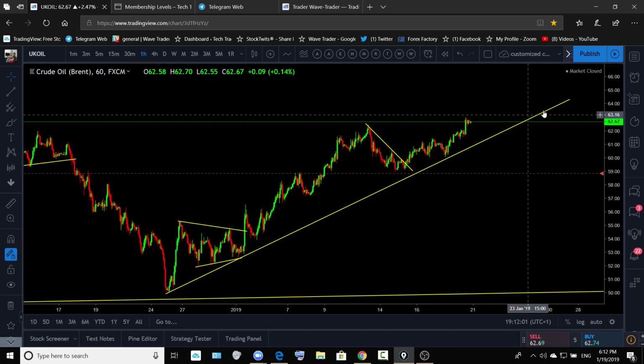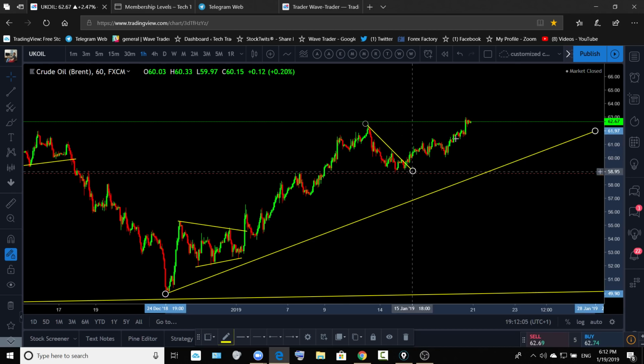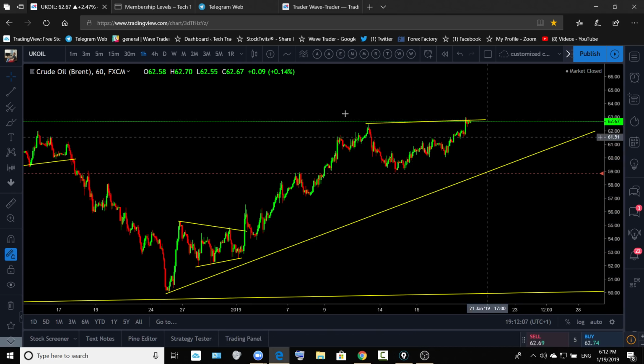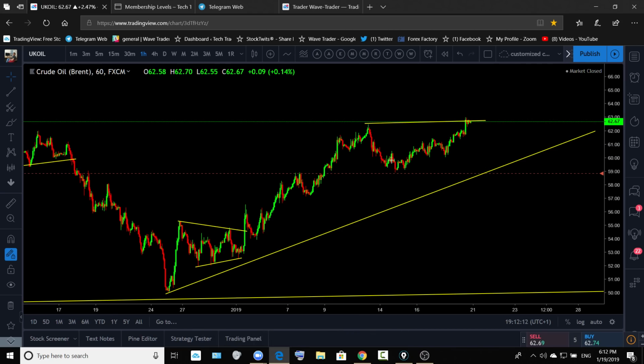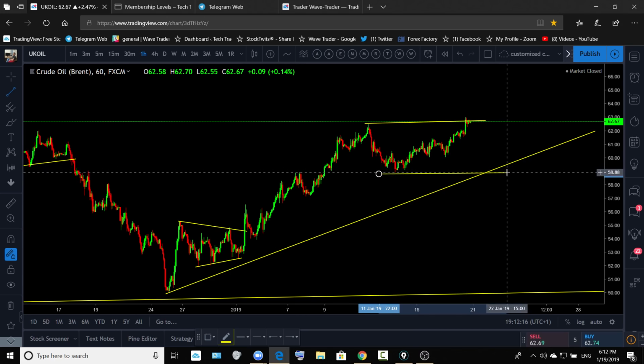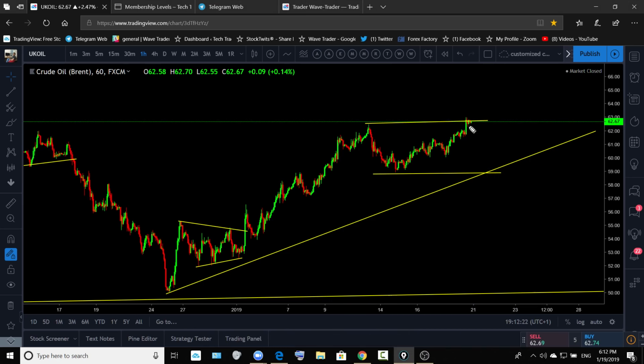Okay. So far, what we are looking for oil to change the pattern formation. Yeah, flag just went up, broken out, pushing higher, flag completed. Now we are expecting it to give us another pattern formation like that. If that's going to happen, you can go for short-term sell on the oil. Okay, so like that. Aggressive sell needed, one more drop back to the bottom, and then this pattern formation.